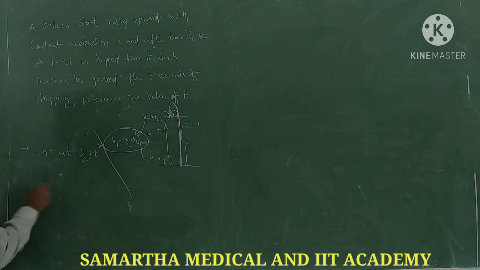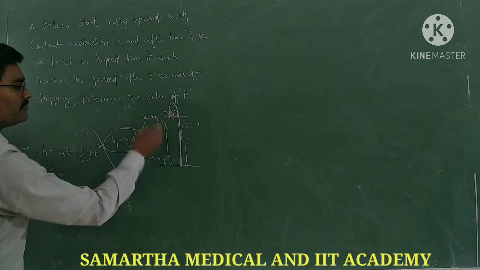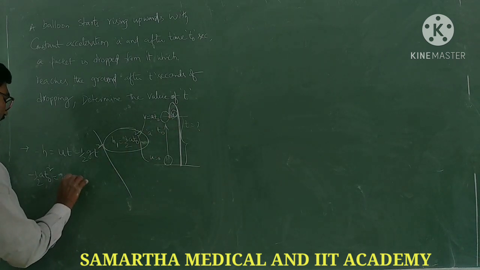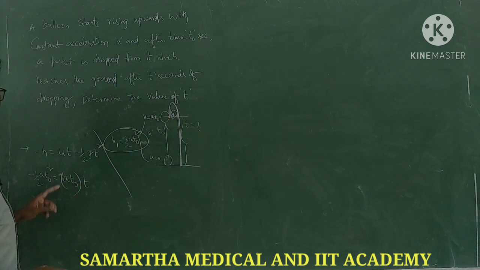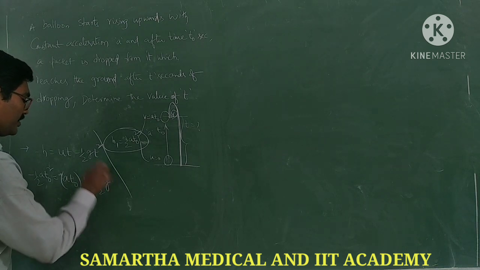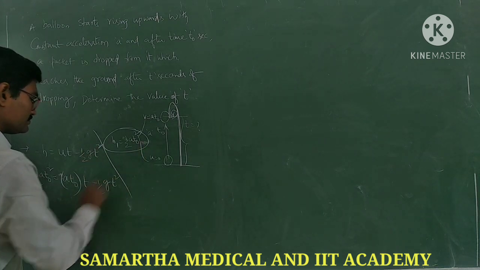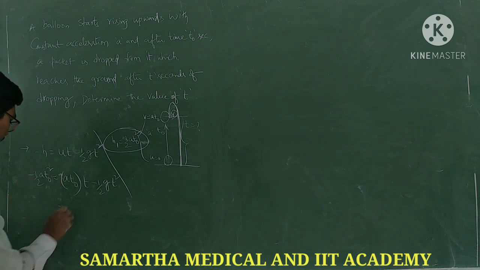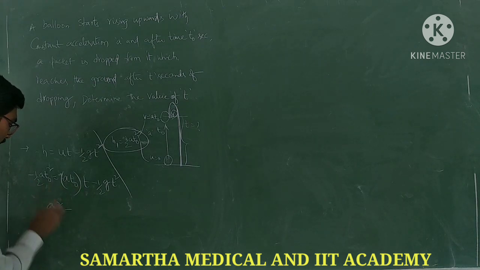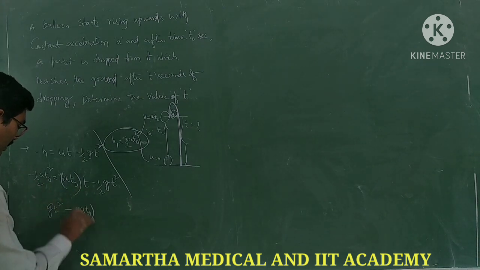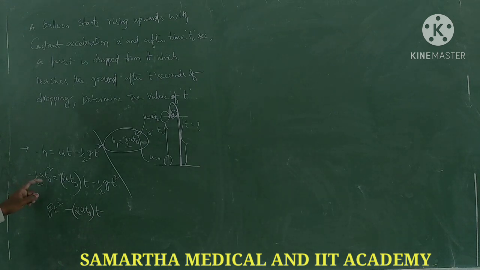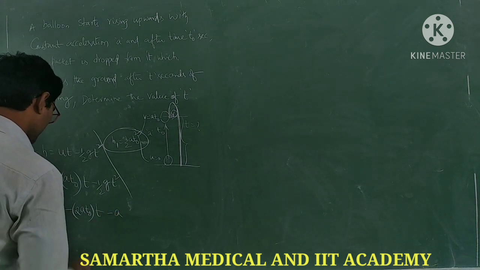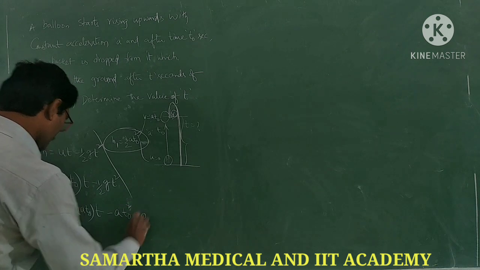So the left side, minus h, is what? Minus half a t naught square, equal to u. U means v. What is v? a t naught into t minus half g t square. Simplify. Take LCM, bring the gt square here. So gt square minus 2a t naught t minus a t naught square equals 0.